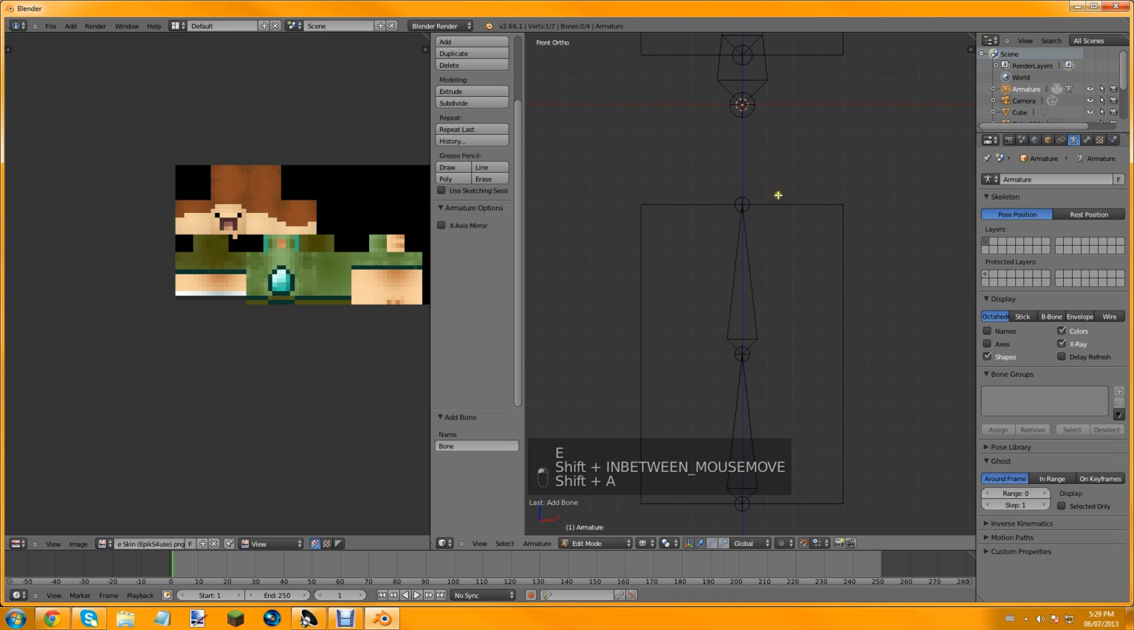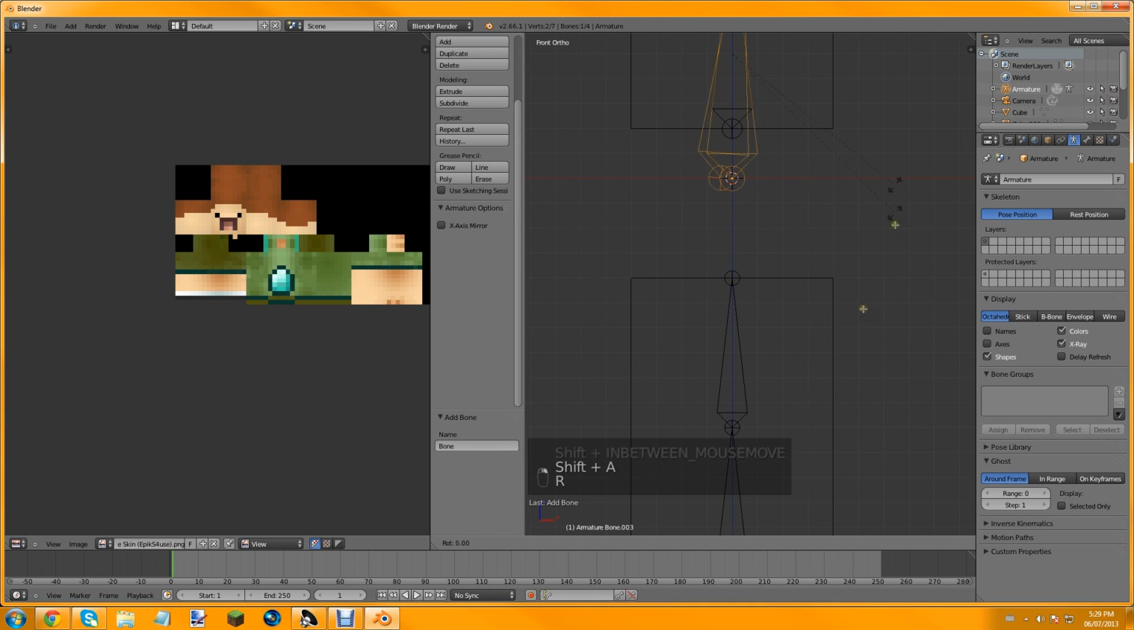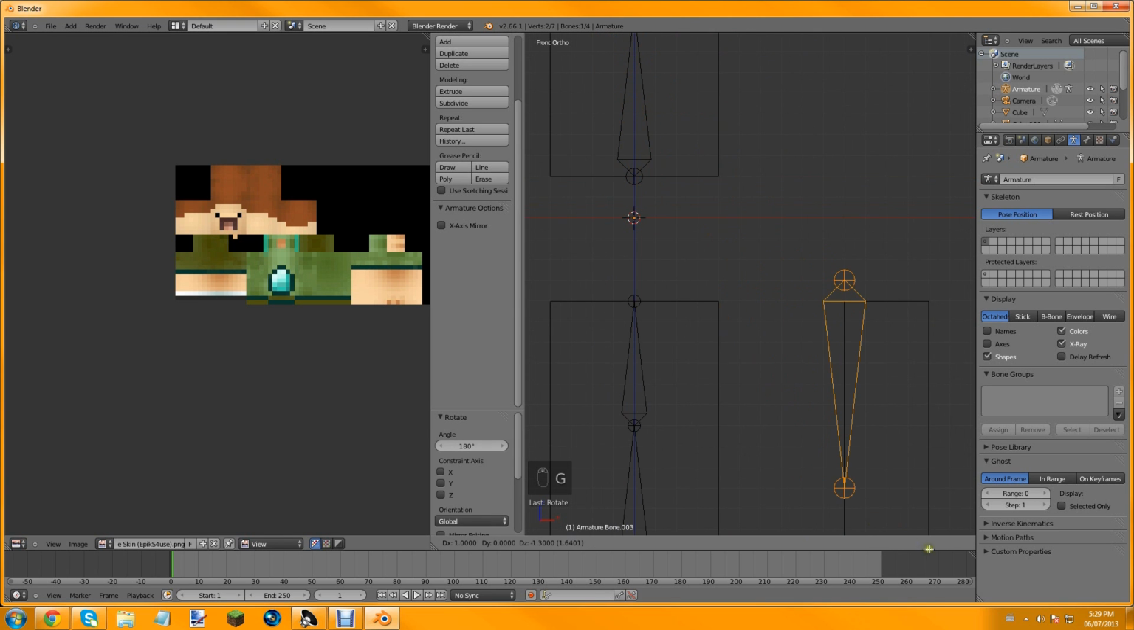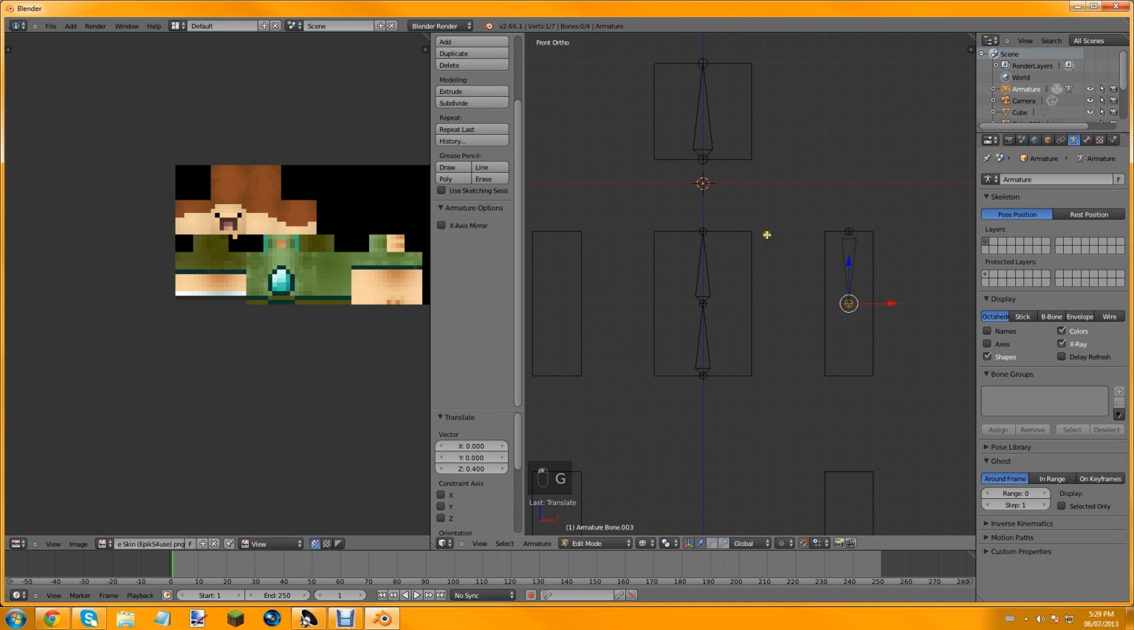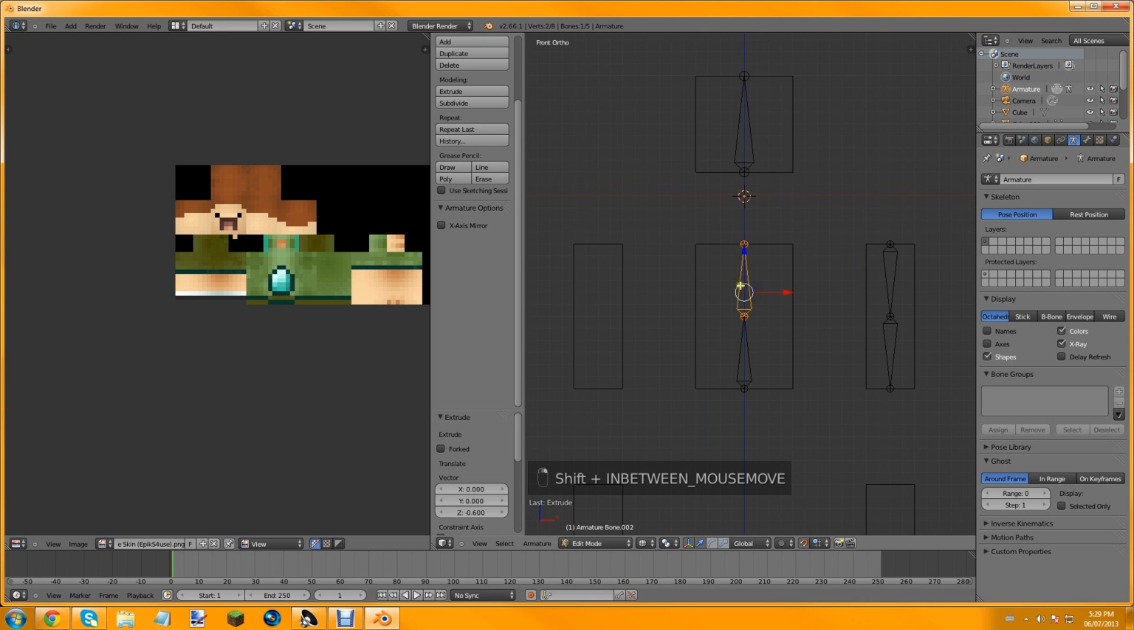Alright, then do Shift A again, because we need a new armature. Do not do Shift D, or this will screw up your armature. Whenever I do Shift A, you do Shift A. You can't duplicate any of these armatures, not even the arms. You have to add a new bone. So Shift A,